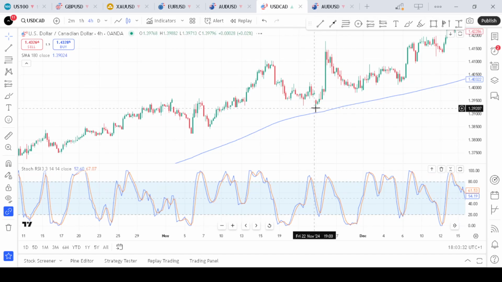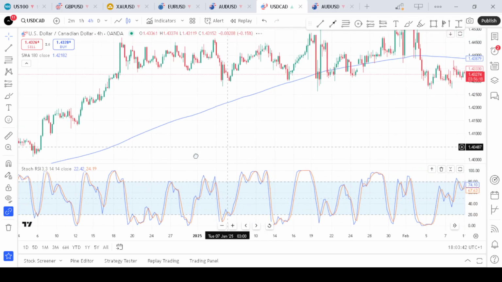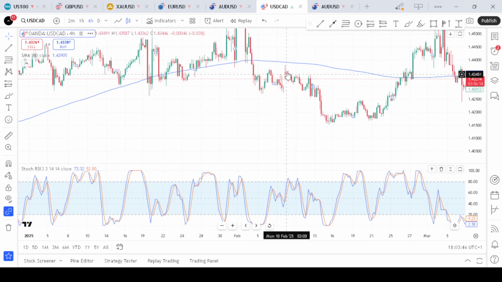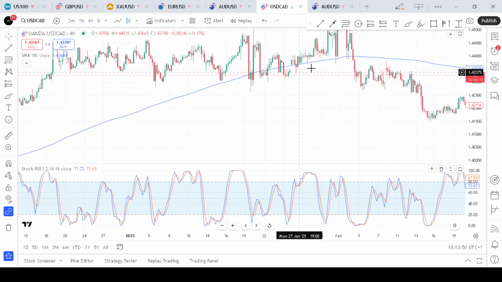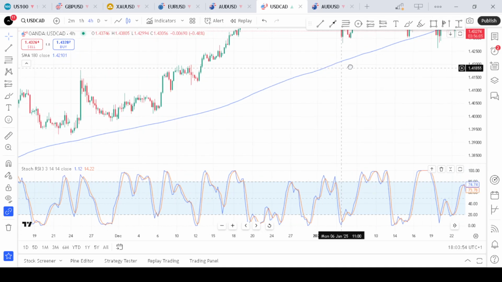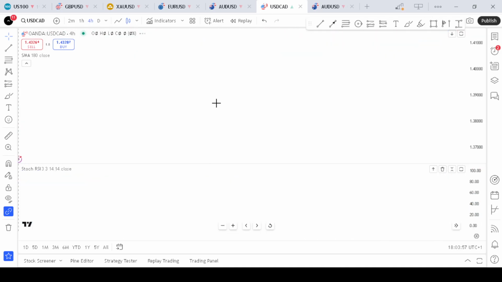While in a downtrend, you expect price to rally back up to the 180 simple moving average before you confirm your trade entry. Now, when price gets to the simple moving average,